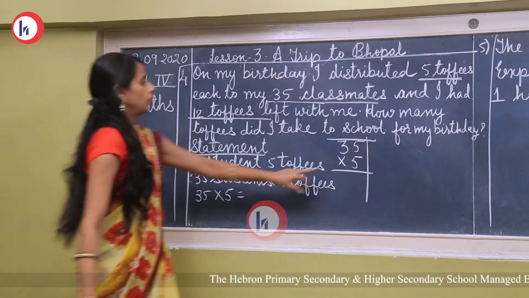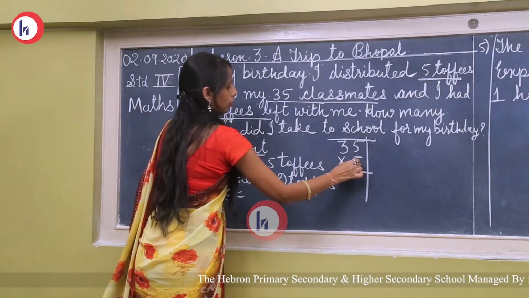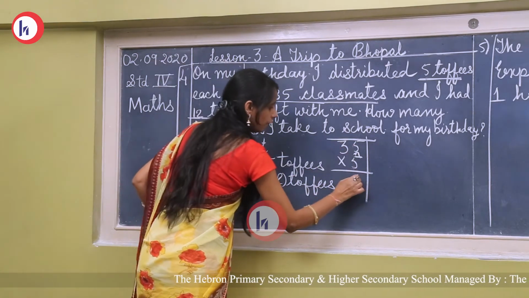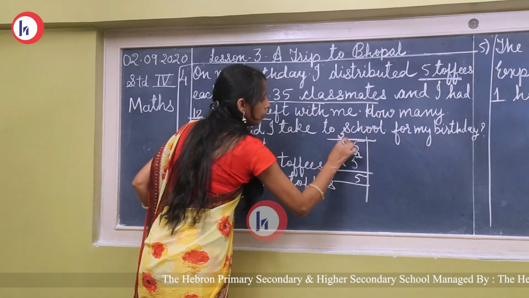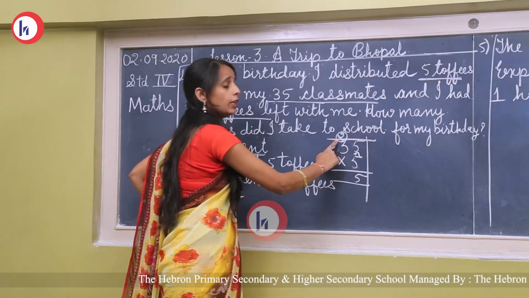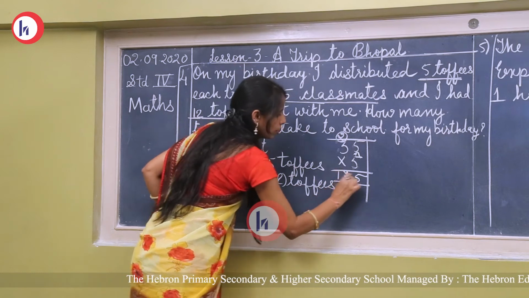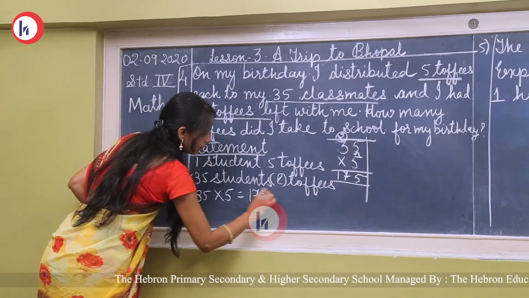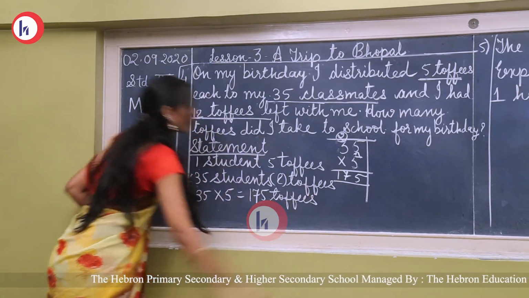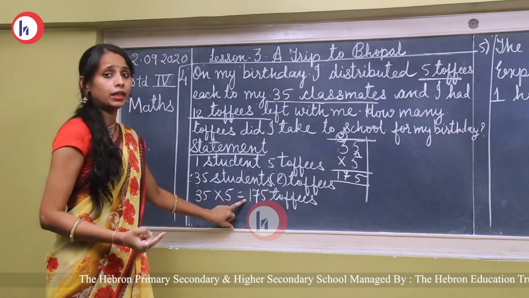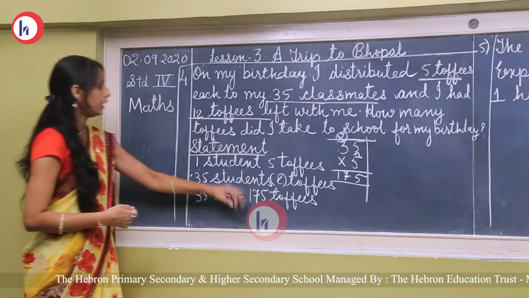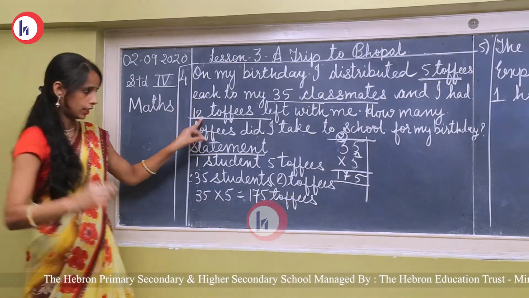See, we'll start from 5. That number will be multiplied by first this one. 5 5s are 25. 5 will be here and 2 will be carry forward. Then 5 3s are 15. 15 plus 2, 17. 175 toffees distributed. Okay. After this, after distributed, how many toffees left with me? मतलब इतना distribute हो चुका है, उसके बाद भी 12 toffees मेरे पास में बच जाती है.